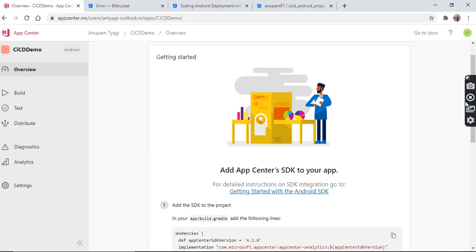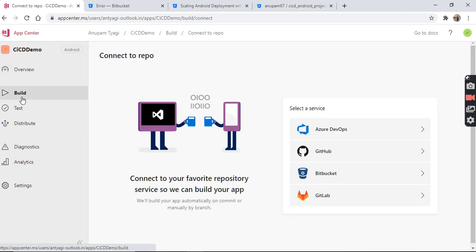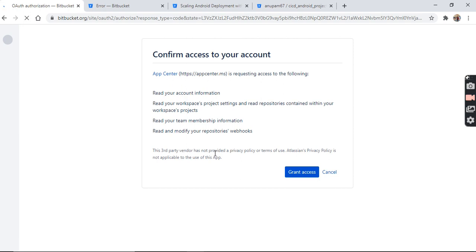I will go to the build section. Four services are showing: Azure DevOps, GitHub, Bitbucket and GitLab. But my code is configured on Bitbucket, so I will choose Bitbucket here and grant access.